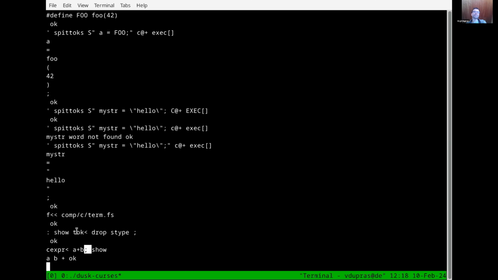And if we don't drop the last token, then the token will stay unconsumed in the token queue, and it will mess up the next expression I'm going to show you. So this is why I needed this little helper word there. So this is the general approach, and I call this sequence expression.